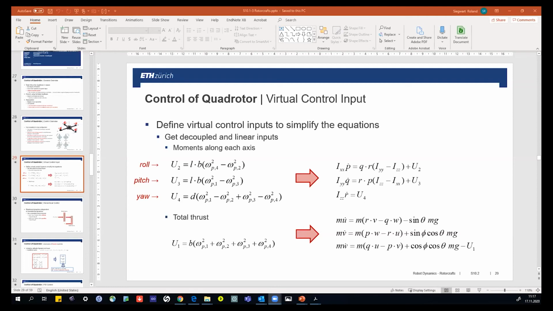Then I would propose I directly go with two questions which have been asked to me through the chat. The first one was about virtual control input, what this is about. In principle, it sounds much more than it is. As you can see here on this slide, on the left,